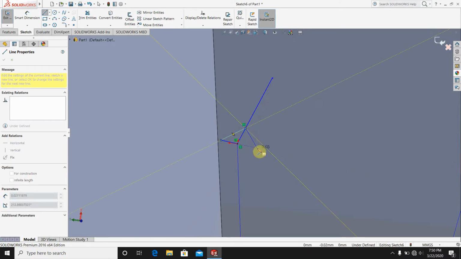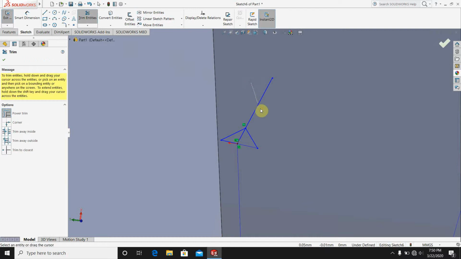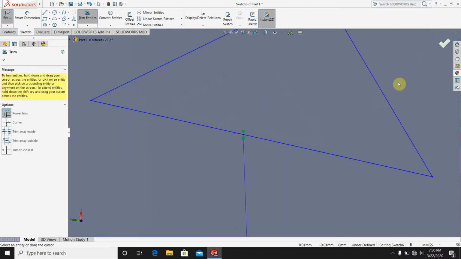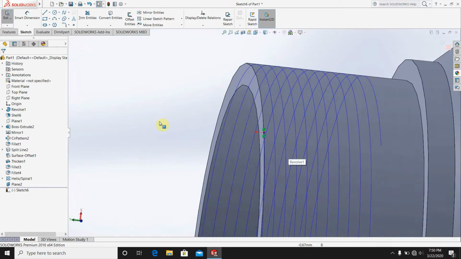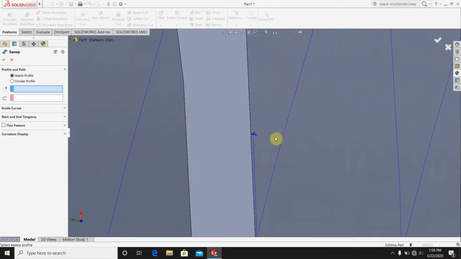Here, small sketch, trim it down, trim elements, and take. Then going to the sweep option,